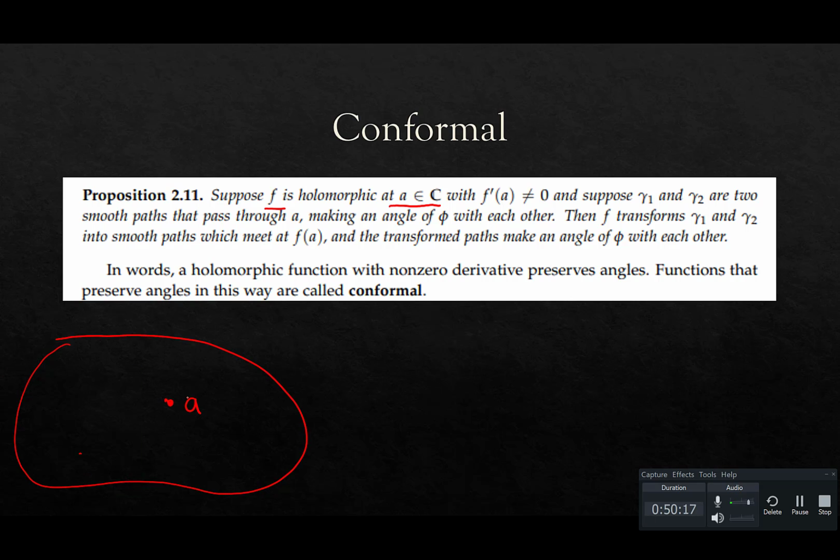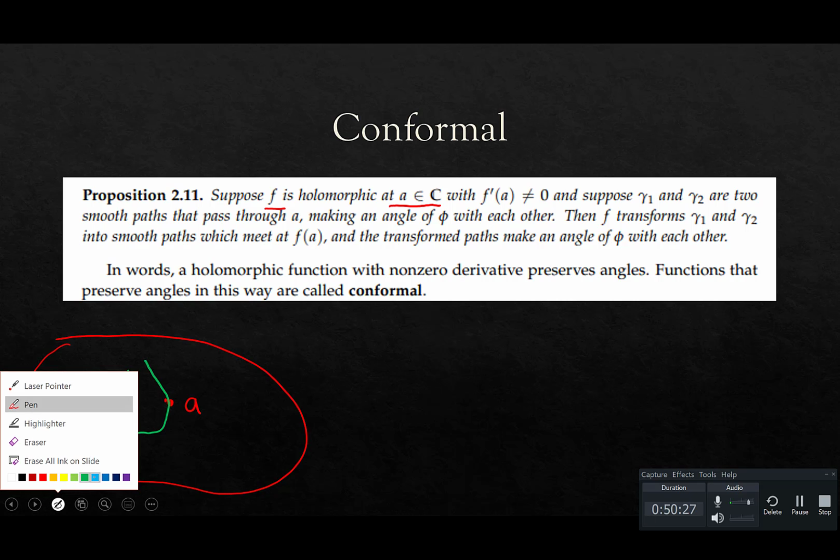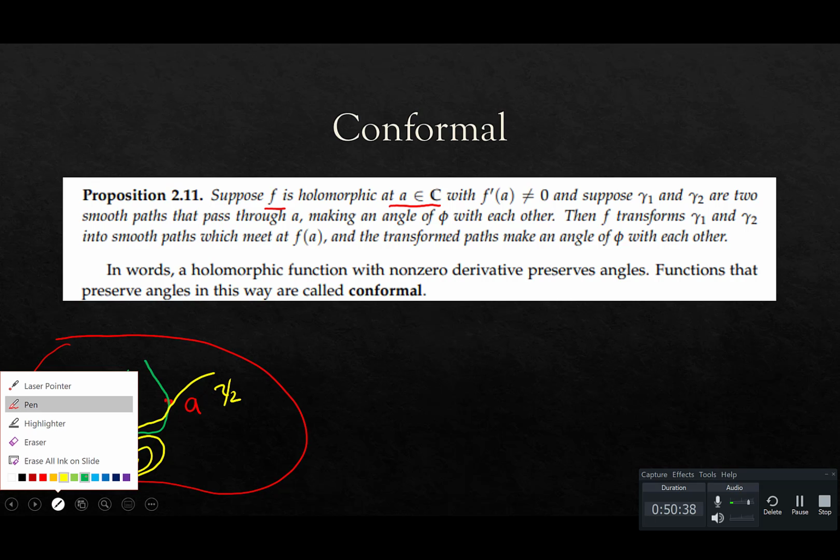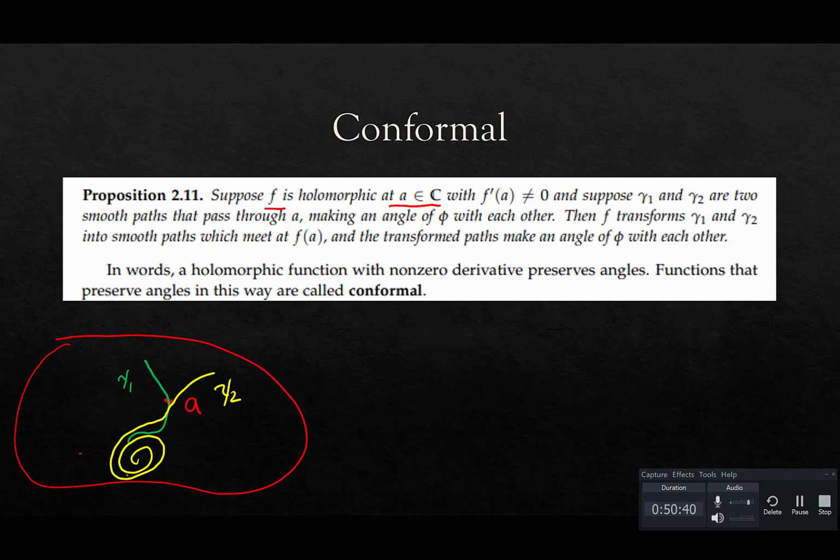That are going through a. Okay, so maybe they're doing something like, here's gamma 1, and then maybe gamma 2 is doing something like this. Boom, something like that. Okay, so if you consider the angle that these paths are making at a, we'll call that theta, you get a really, really cool result. Okay, and the result is the following. So if you look at the image of gamma 1 and gamma 2 under f,